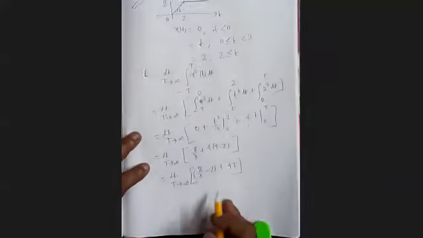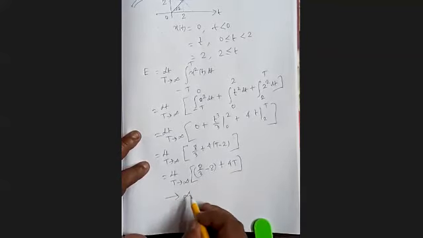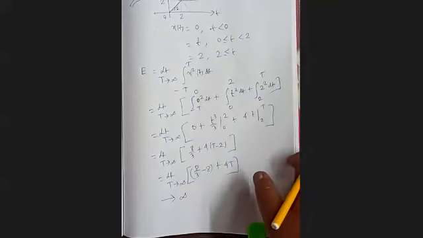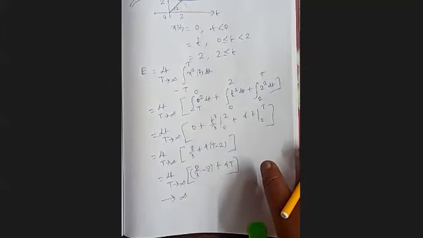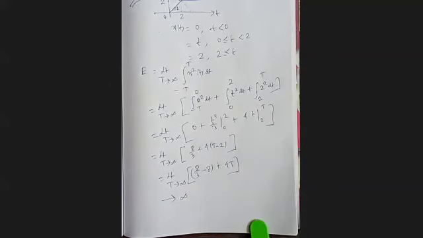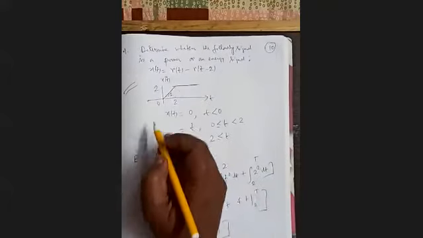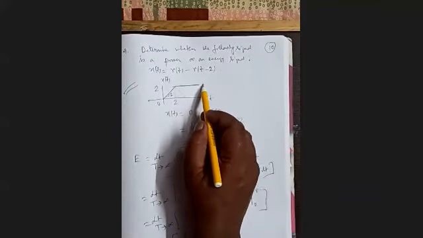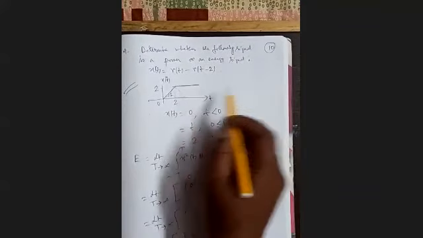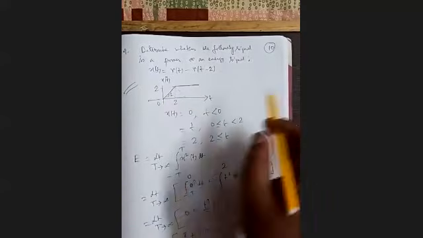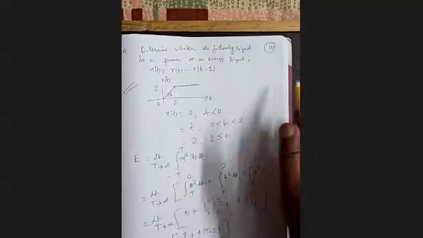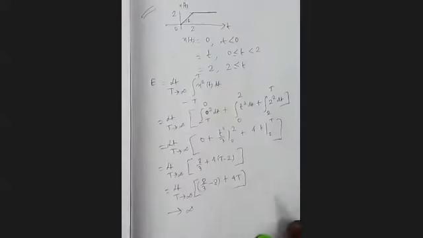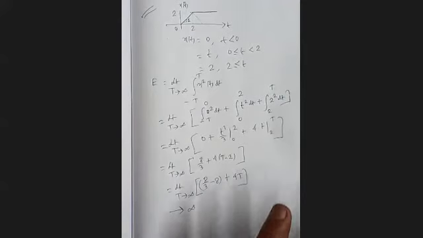Now, as capital T tends to infinity, the whole thing will tend to infinity. So energy is infinitely large. So at least this is not an energy signal. Energy is not finite. Another way we see that the area under the squared function will be tending to infinity. Why? Because the signal goes towards infinite duration. It is going on and on. So area under the squared function is also tending to infinity. So energy is not finite, so this is not an energy signal.